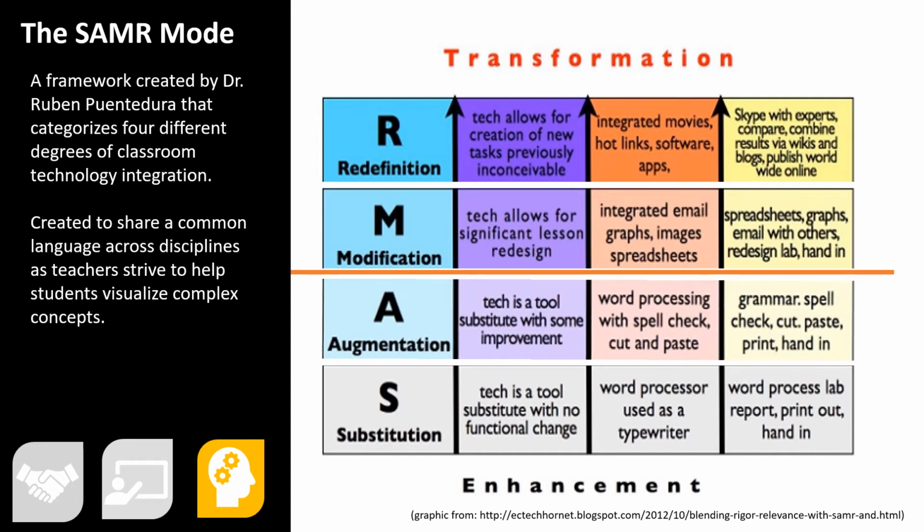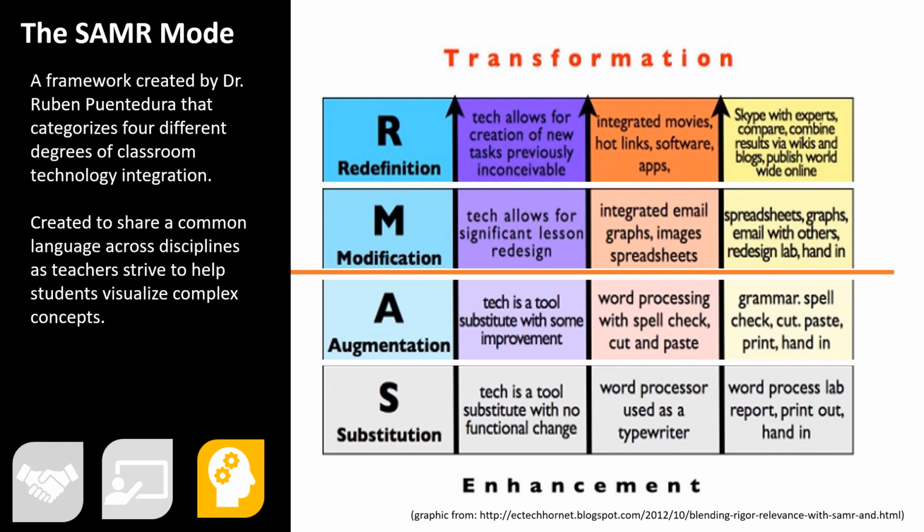a typewriter. At the augmentation level, the tool is substituted with some improvement to the student work, such as using the spelling and grammar tools in the word processing software. At the modification level, the first level that transforms student work, there is a significant redesign of the tasks such as peer sharing, classmate feedback, or automatically building graphs from data. The key is if the technology significantly alters the student's work or the student's task, then there is a